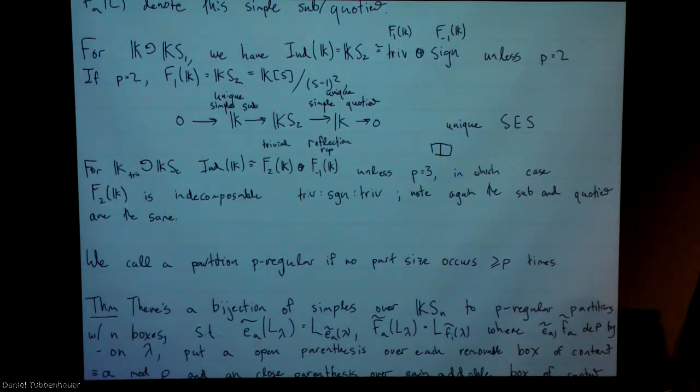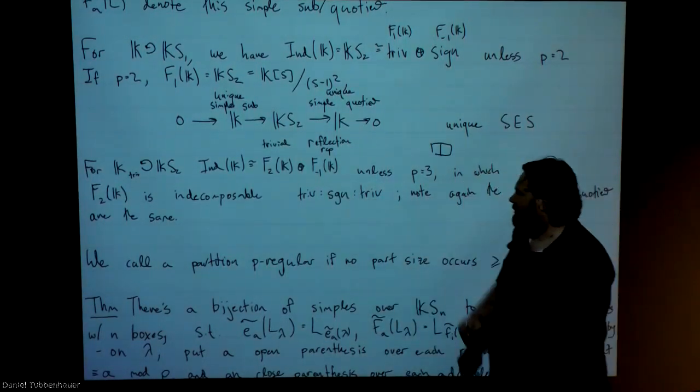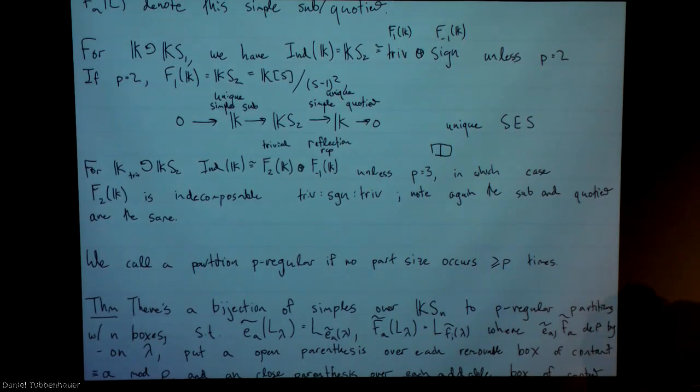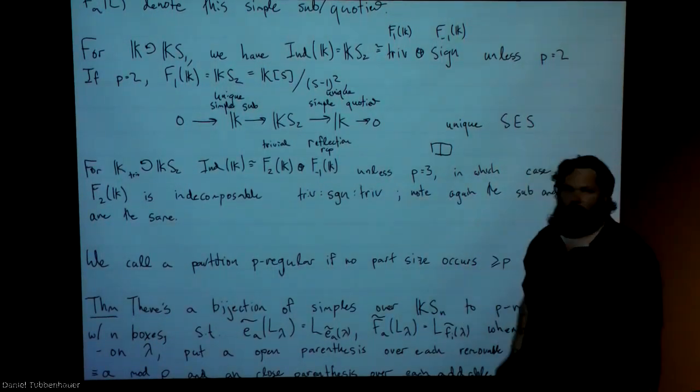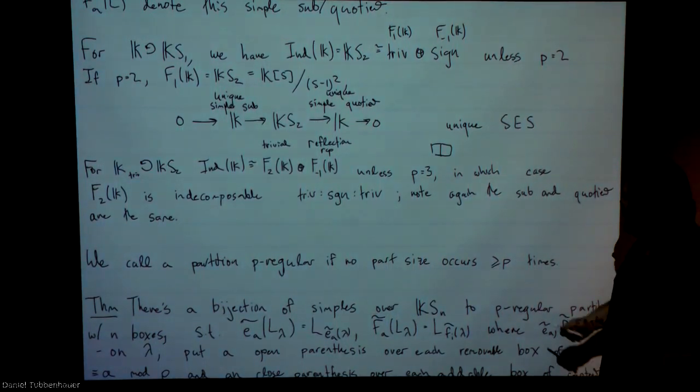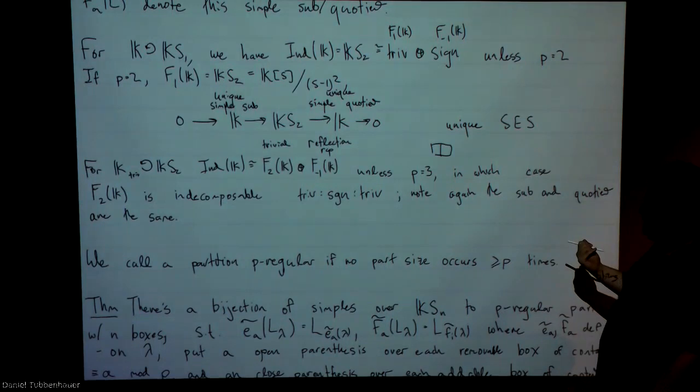So if P is not 3, then I get F2 and F minus 1, both of which are simple. So F2 is the trivial, and F minus 1 is the unique irrep for S3 which is not the trivial, it's the unique two-dimensional. On the other hand, if P is equal to 3,